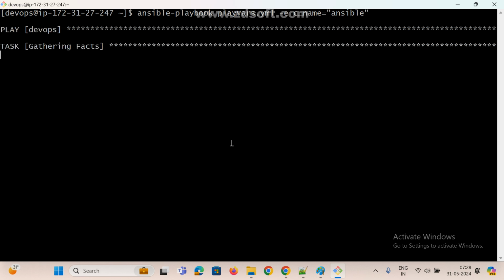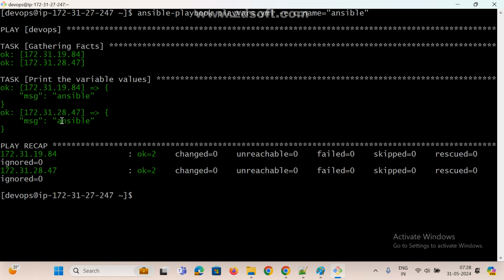same command, -e or --extra-vars, or simply the shortcut -e, c_name equal to, I am giving, for example, Ansible. This is my name. Now got it? Now anyone expect, what value will come? Runtime value will come, or playbook value will come? Runtime variable. Now see here. Understand? So first preference